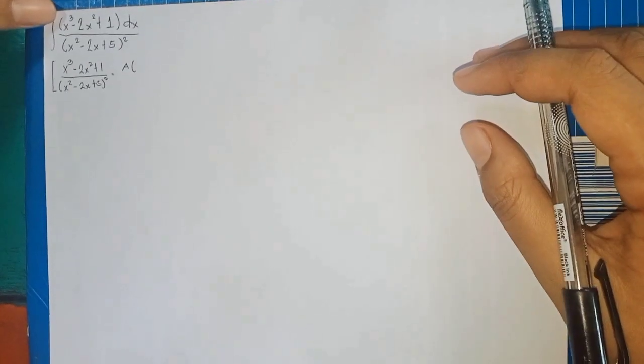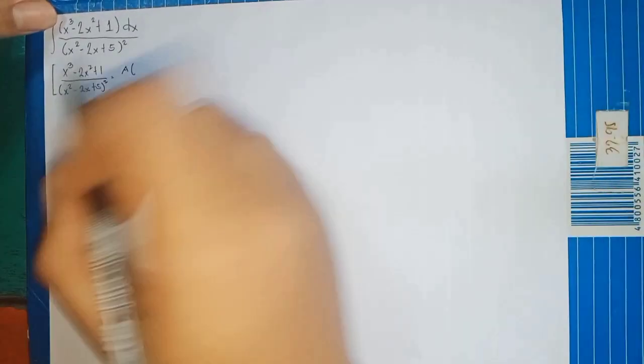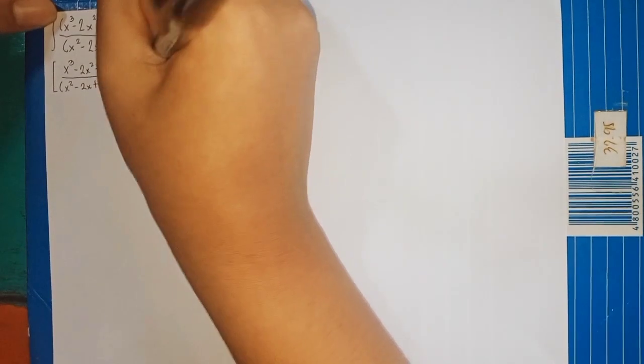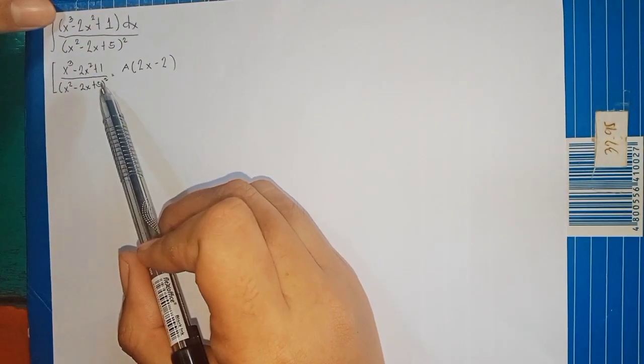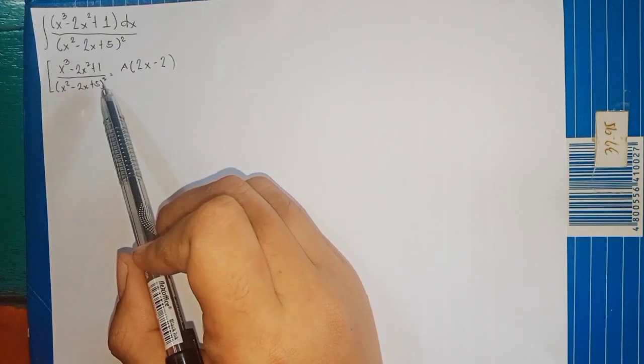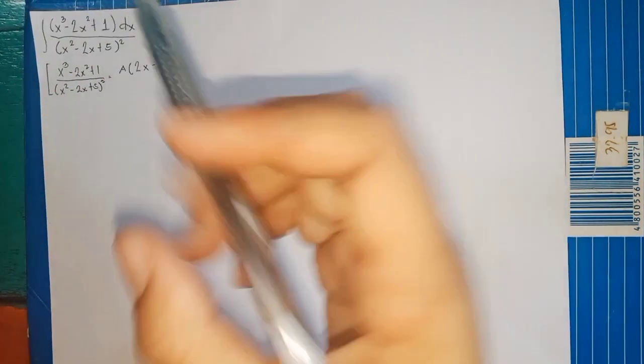Okay, so the derivative of the denominator is 2x minus 2. This will be cancelled because this will be the constant, which will become 0, plus b